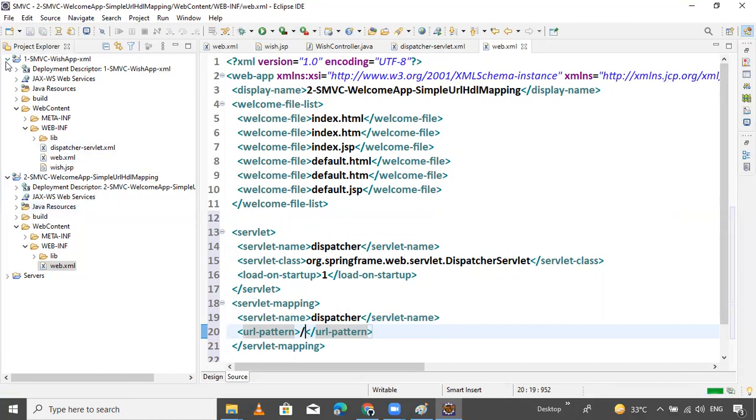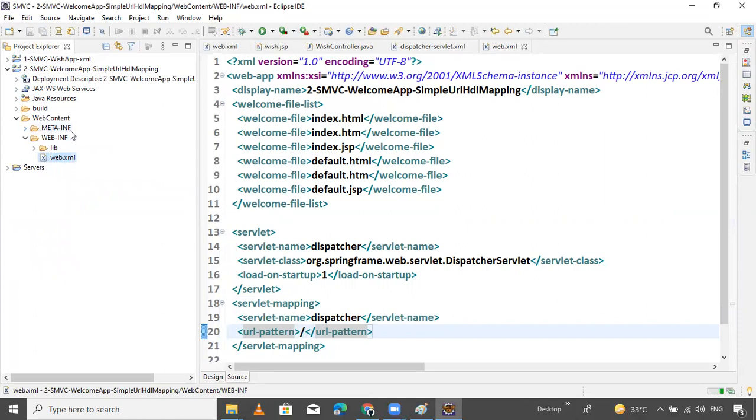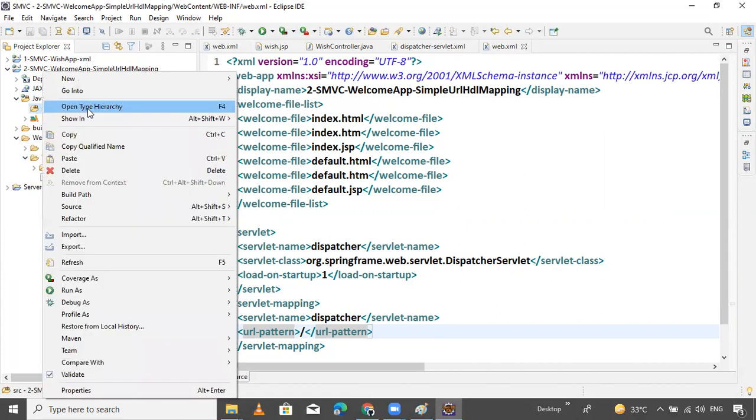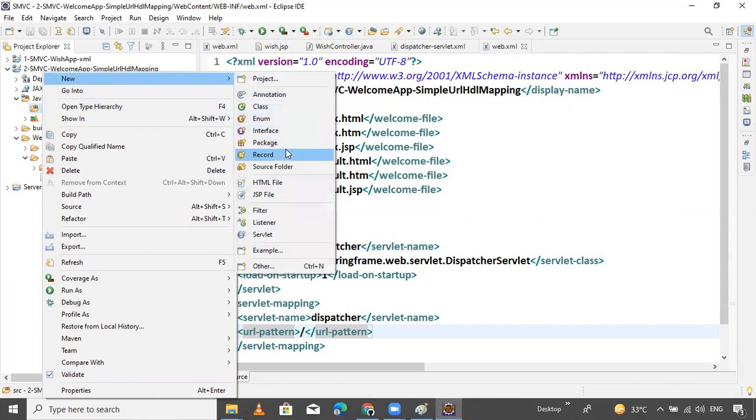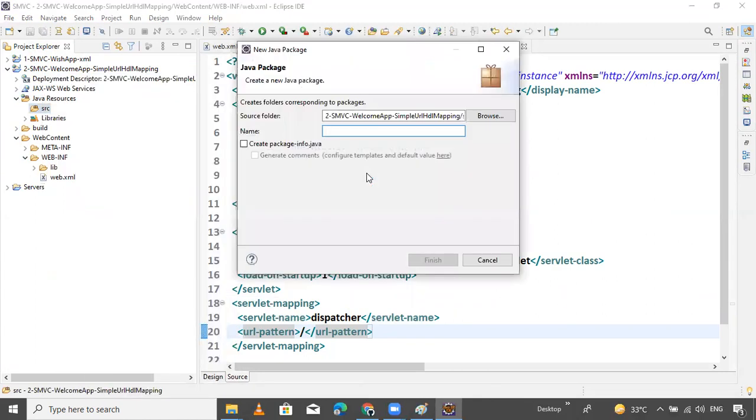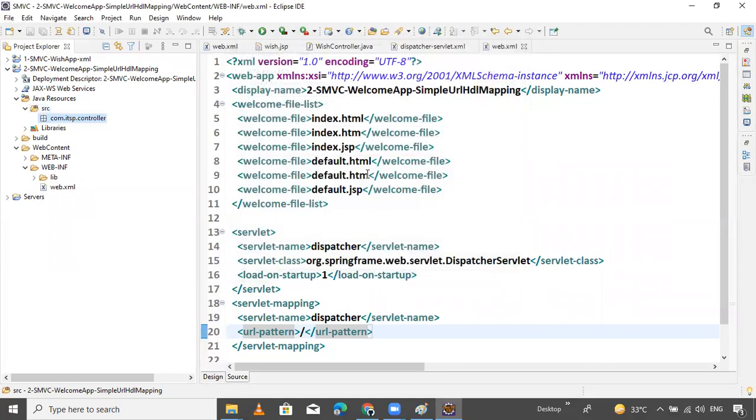Okay, so now the next thing is required. What is that? Provide the controller classes inside the src folder. So create one package. Package name is com.itsp.controller. That's it.